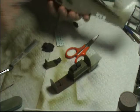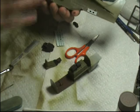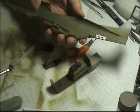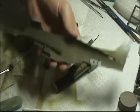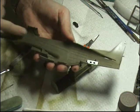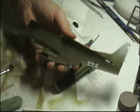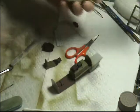Same thing with the outsides, as we've just spoken about. I've weathered it with some Pro Modelers wash, just sprayed it on there and done it like that. And then what I've done, I've just dry brushed around just to bring these rivets to life with a little bit of silver, with a little bit of gunmetal silver. Just lightly dry brushed it to weather it up. Then we'll do the same with the rest of the cockpit when it's all...